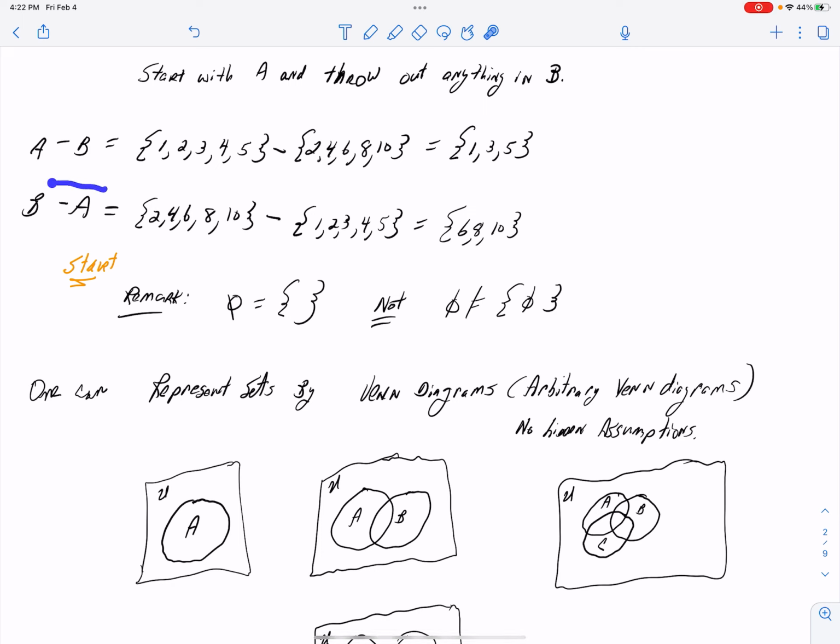By the same token, if I wanted to look at B not A, I would start with the set B, 2, 4, 6, 8, 10. And I would throw out anything that was in this set. But the only thing that's in this set that I see over there is 2 and 4. So I'd throw those out and I'd end up with the set 6, 8, 10. Okay, so that is union, intersection, and set subtraction. And on the next video, I'll pick it up